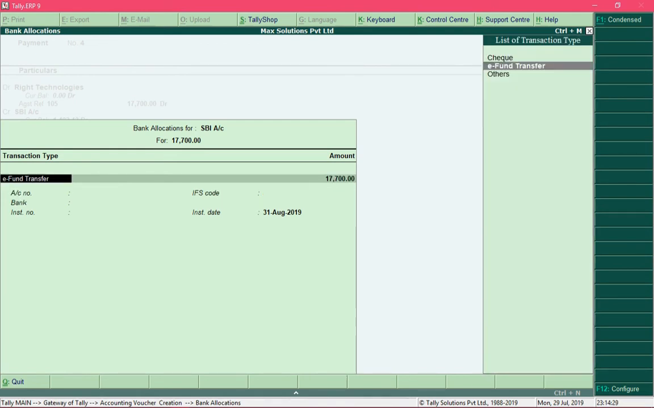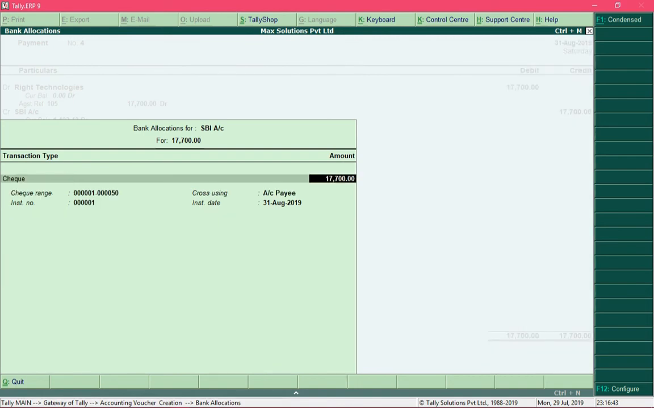And if you are making a payment through check, then you can select the transaction type as check over here and press the enter key. And when you select the transaction type as check, you may notice that the check range is the beginning check range and the instrument number is the first check number,